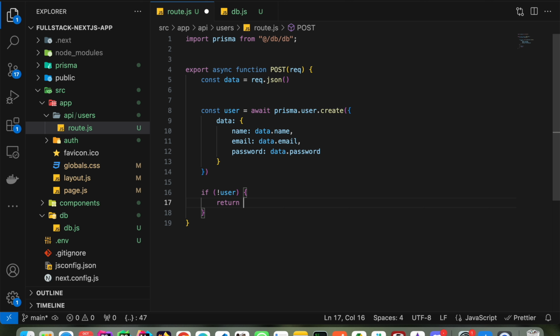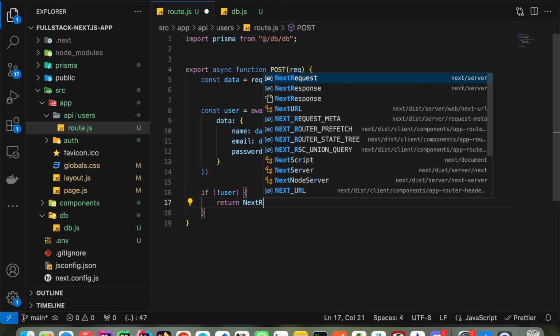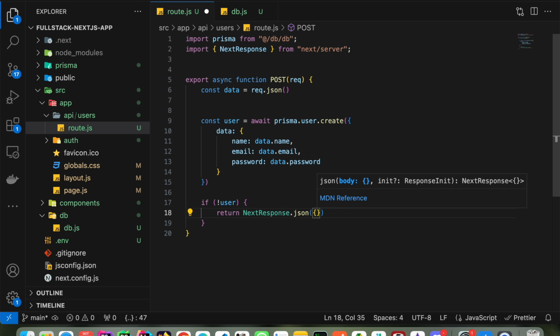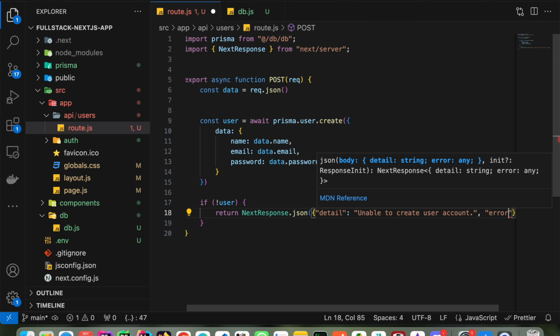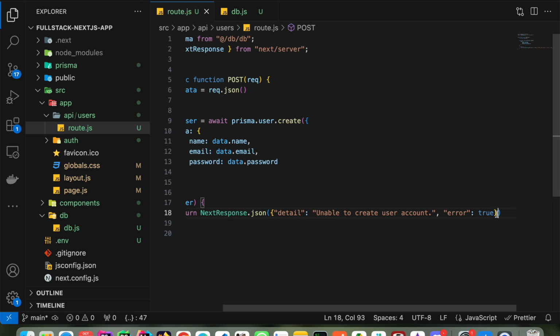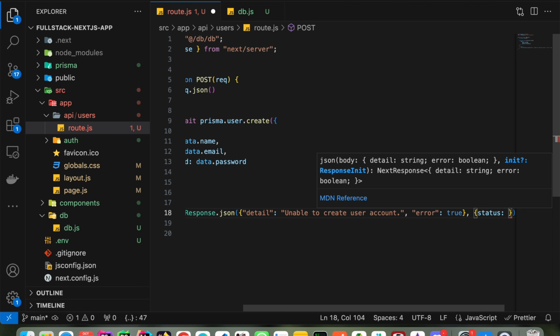And if user is not created, then we can return a response like NextResponse dot JSON, and inside this we can pass a body. So body we can say detail, unable to create a user account. So this is the message, and we can say error equals true. So this response will tell that this response is an error, and also using another object we can return the status code. So we can say status 400,